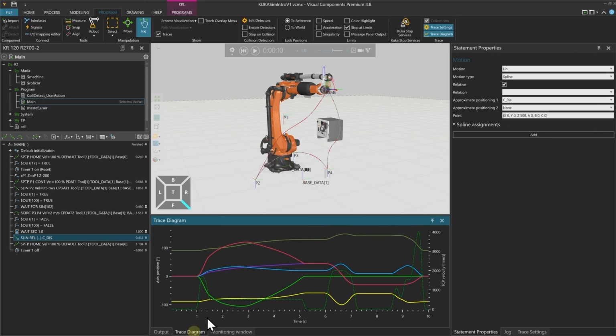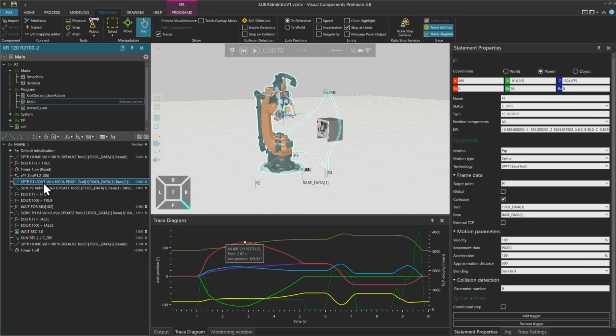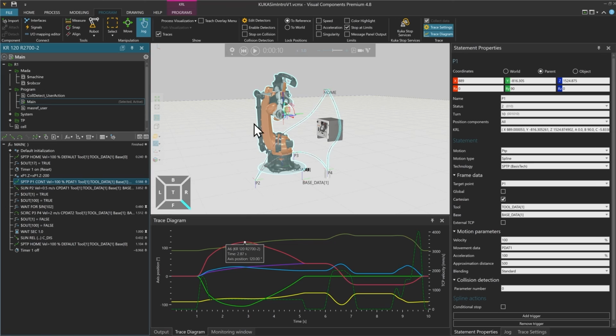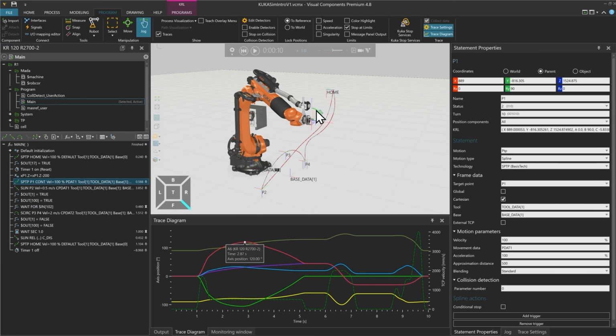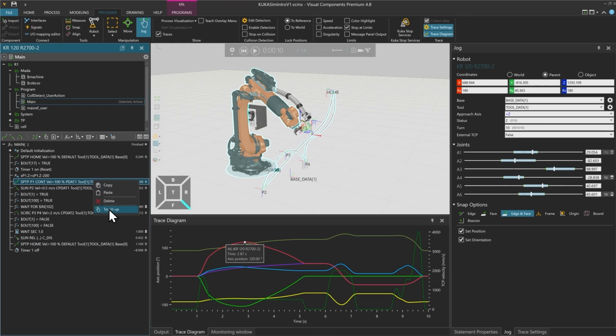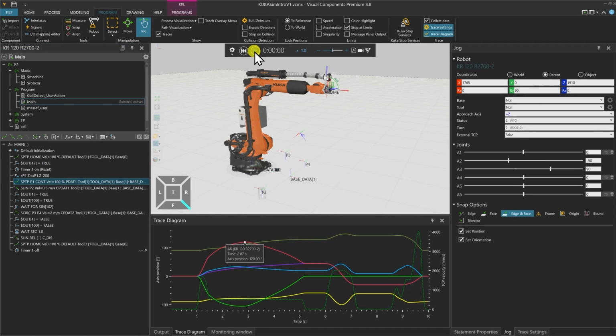You can have a look at the trace diagram. For example, if there is a big change in axis 6, the robot is only as fast as the slowest axis. So in this case, we have a big movement in axis 6. We might optimize this between our point 1 and our point 2. So if I maybe select my point 1 here and change the rotation of the whole thing, set it further down and touch up this point, I will now be able to see if this makes a change.